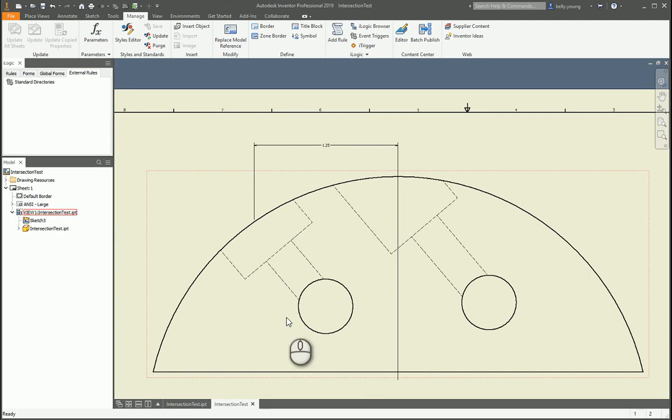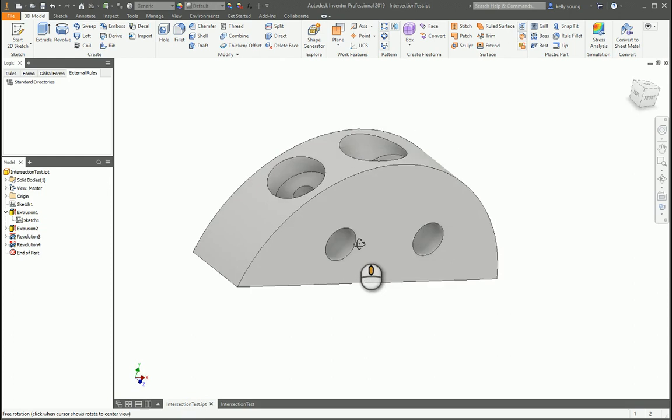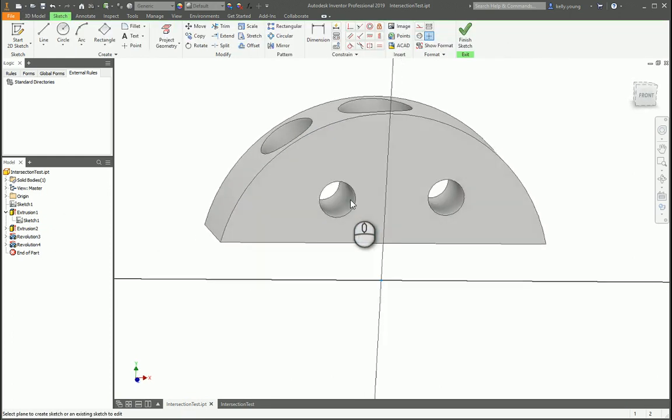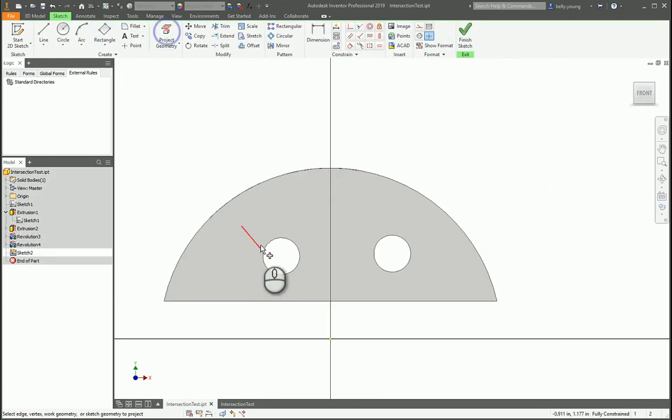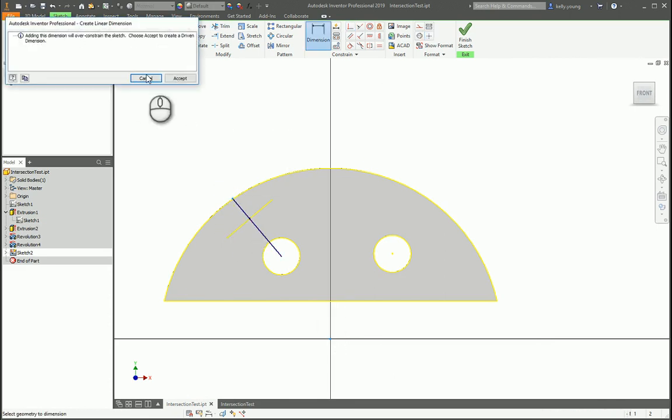So if you draw it in the sketch and you know that you want to have that brought in, that might be the easiest way, however you were defining it. Or just create a sketch straight up from here and let's say project the geometry of that, where that comes through the center point, and you trim that off. And then you just dimension from here,